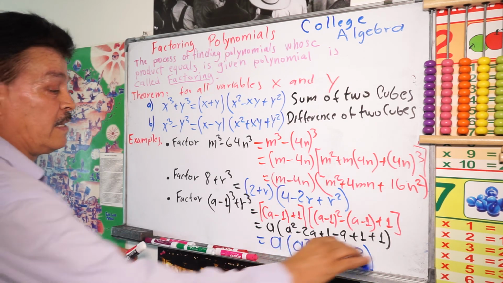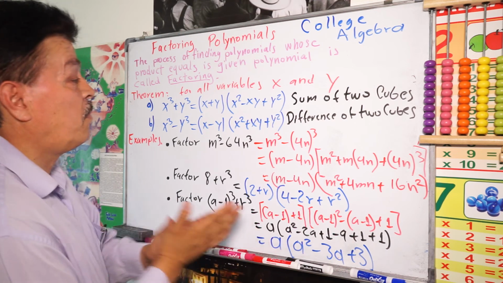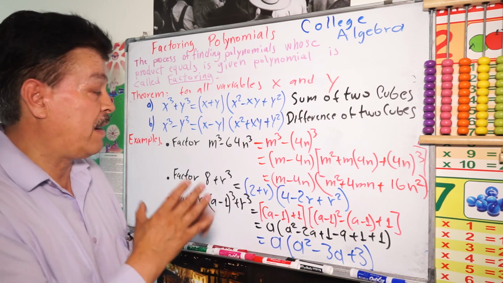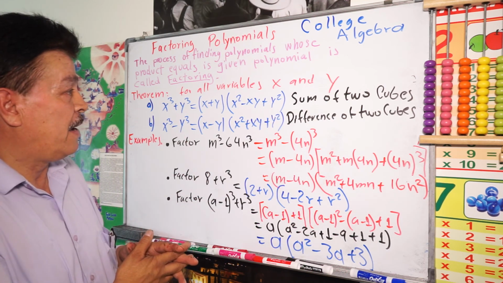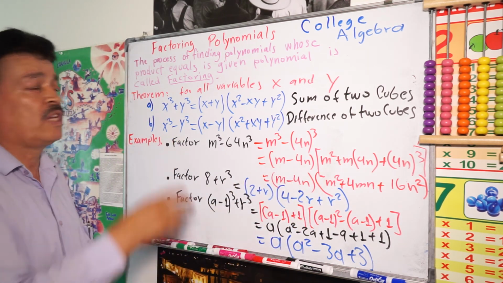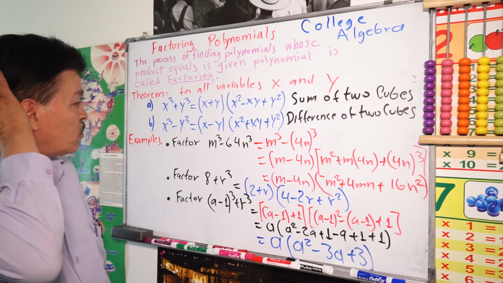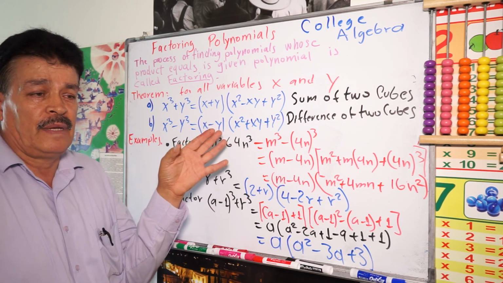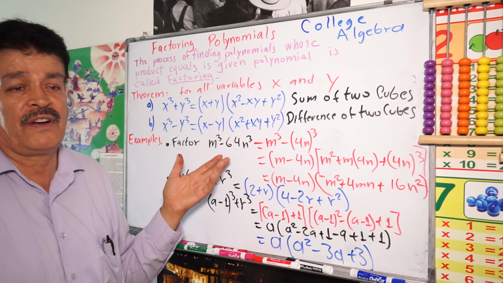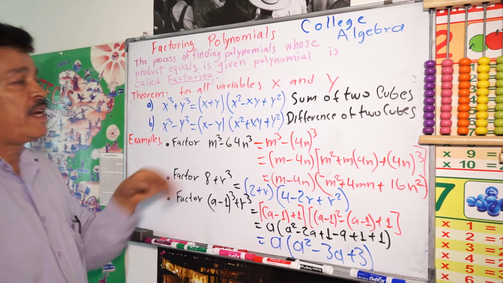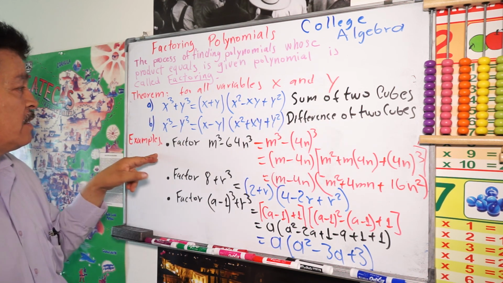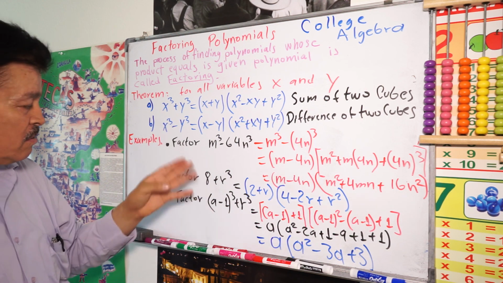So this is another kind of finding the factors. Factoring polynomials. So three different kinds of ways to find the factors of a polynomial. Remember the first one, when you find the greatest common factor and also use the distributive property, and also you have different rules or theorems: a perfect square trinomial, difference of two squares. Also we have a sum of two cubes here, like this. We have a difference of two cubes, like those three kinds of problems where I show